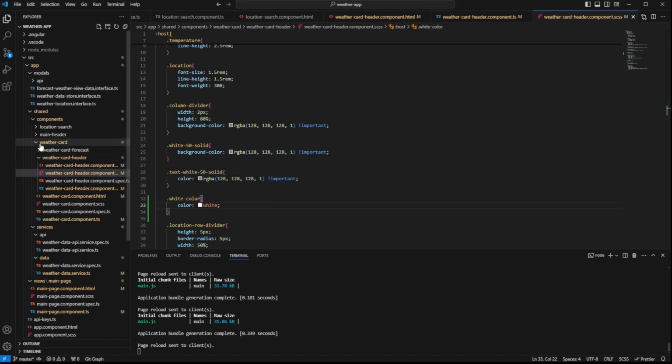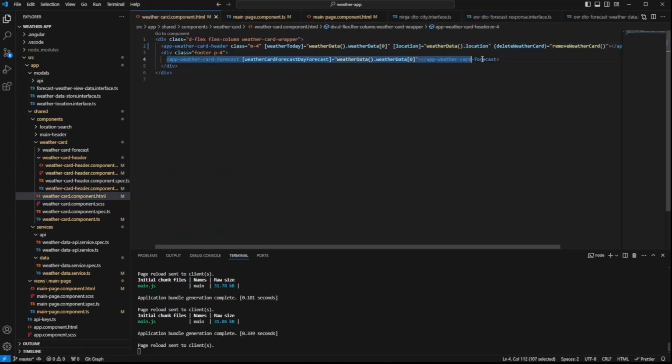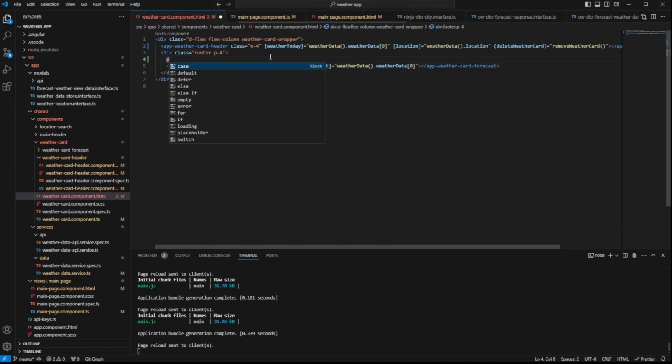What we want to do is adjust the weather card, because at the moment it always shows the forecast data, and that's not totally right, because we want to show in the forecast always the next days and not the same data that we already have in the header. For that we are now adjusting this to be an if condition,